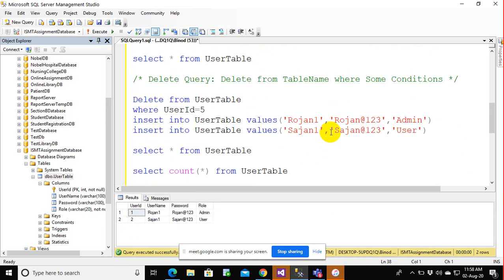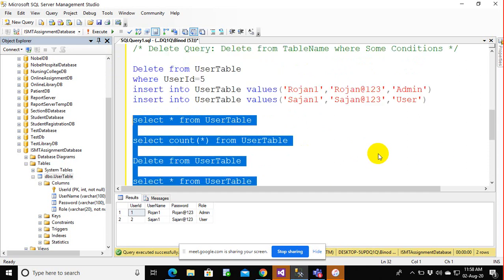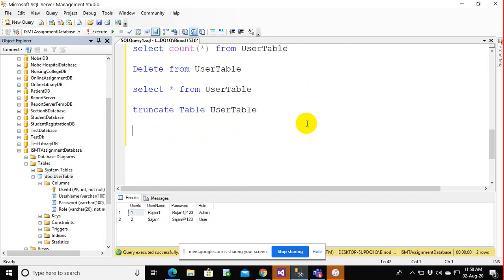All right, everyone. Now let's say I want to make some more selections. I want to select particular fields. I don't want to select this ID. I can just select username, password and role from user table. If I do that, only the specific columns will be selected.